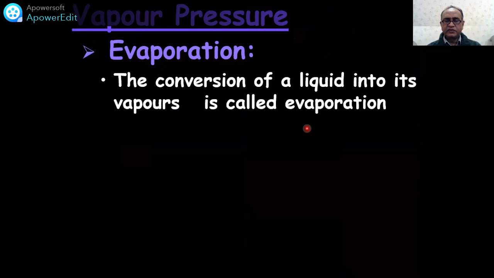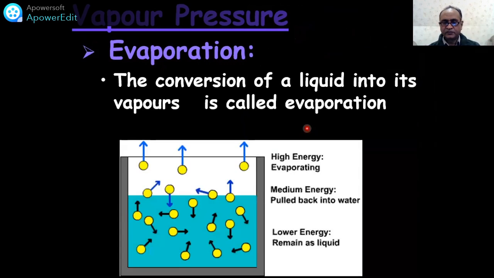So in evaporation, what happens? Liquid absorbs heat, so that some of the molecules have high energy and they leave the surface and they come out. Suppose you have some water in a glass, then the process of evaporation would be continued over there. Why? Because the molecules which are there in the glass,